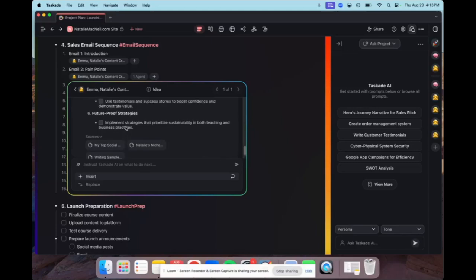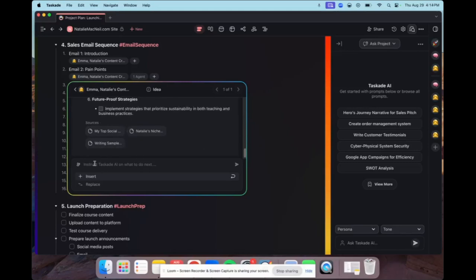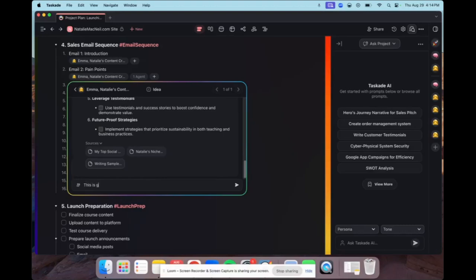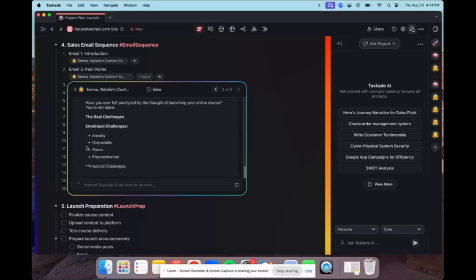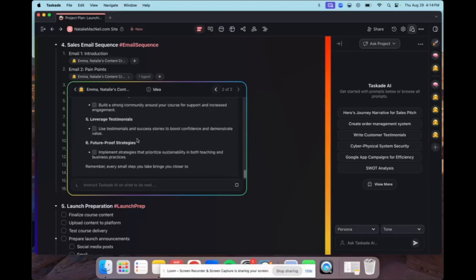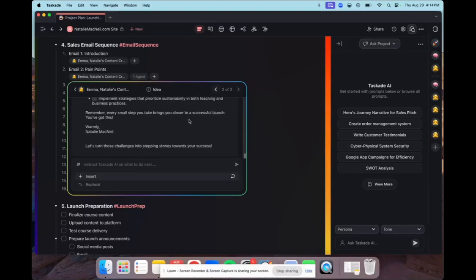And then if I like the outline for that email, then I can have Emma actually write this. And now Emma actually writes the email. Right? This is why it's so, so mind blowing.